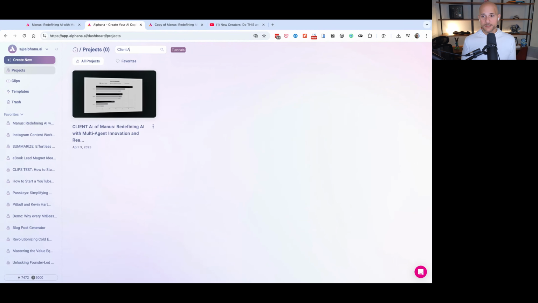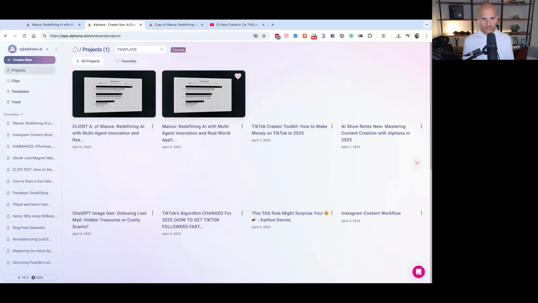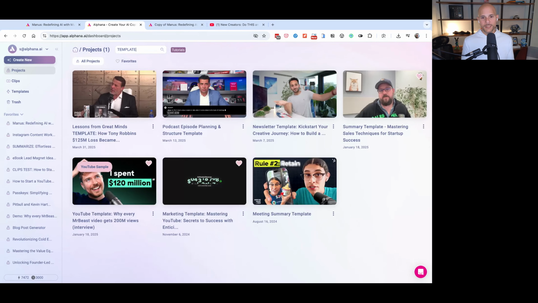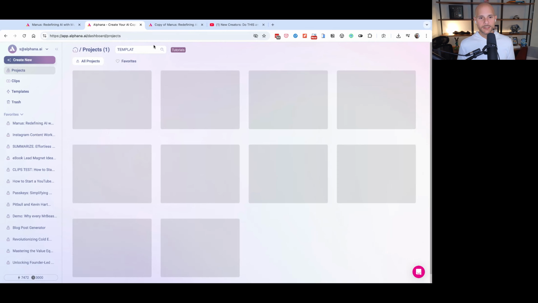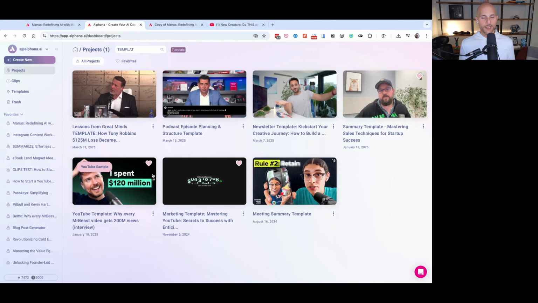And what that does is it almost works like tags. It's not the same. I know it's not ideal, but if I type client A, now it filters out only the projects that are client A. And so imagine if I had 30 different projects for client A, that's all I would see, right? I also do this sometimes with templates. So if I'm making templates and I know that my source content was a project that I used, I'll type the word template as an example and filter everything by template. So you'll see any project that has the word template in it,